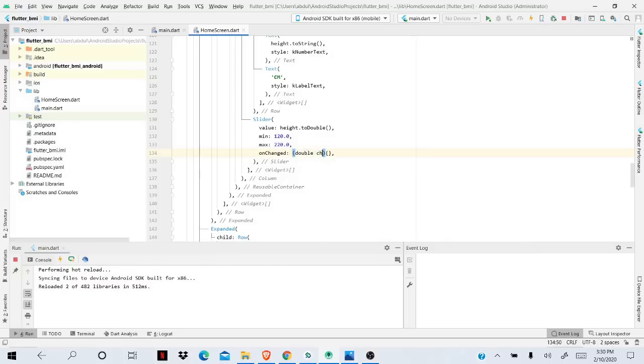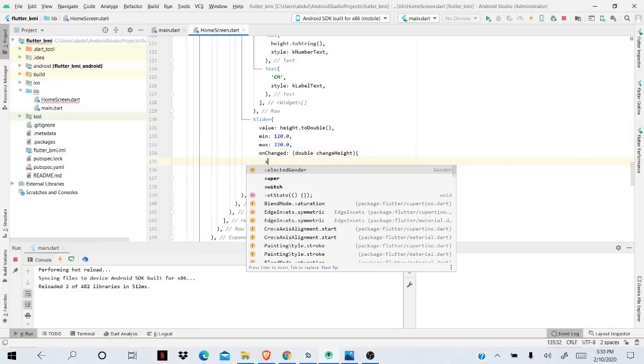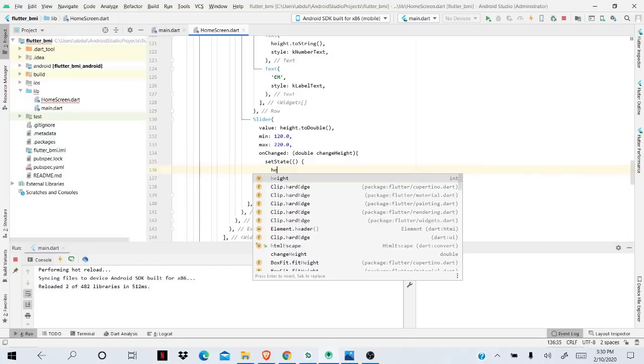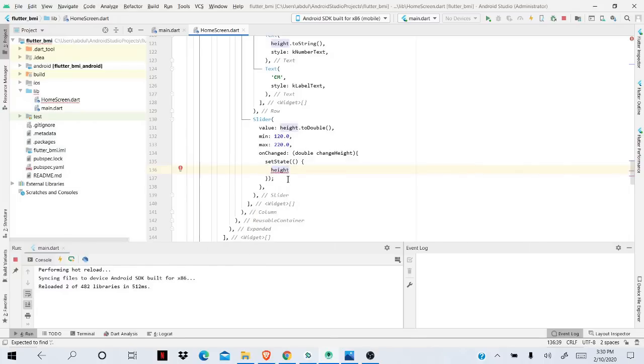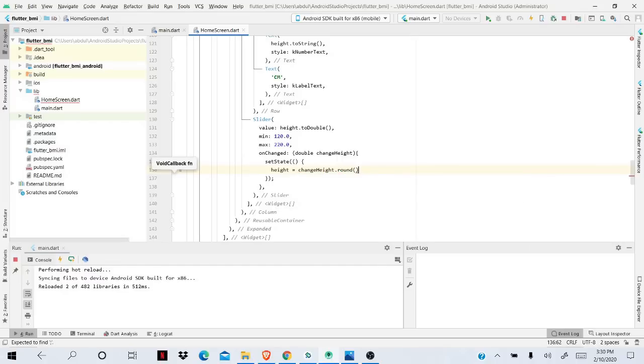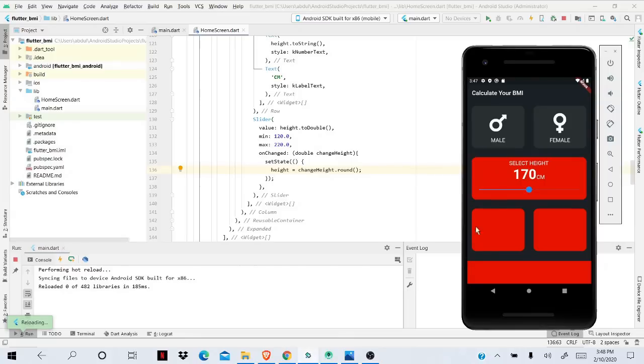onChanged is basically a function, and that function has a variable, let's call it changeHeight, and call setState because we want to set our value, which value we want to set our height on the basis of this change. So what we want, our changeHeight dot, we don't want it to be 120.5 or something, we want a round value. All right, so the new height should be a rounded height. And if I save it now, we can see that we have pretty much whatever we want, except for the